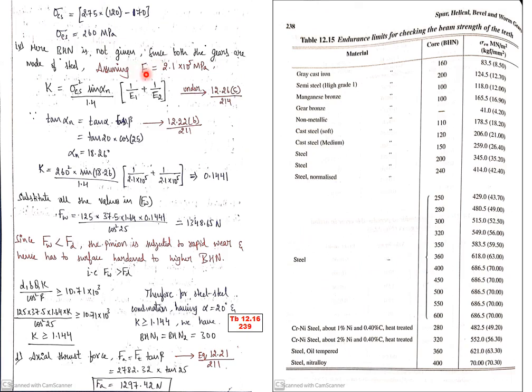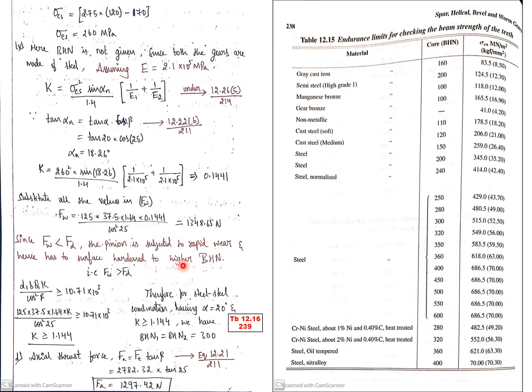Okay, and assume the value of E as this. If you substitute all the values, with the same procedure as we did for alpha L, you will get K, and if you substitute back in the limiting wear load, you will get FW. See, guys, as I told in the previous problem, your wear load is less than the dynamic tooth load. I repeat, your wear load is less than the dynamic tooth load. Hence, your pinion will be subjected to rapid wear. Your wear load must be very high compared to dynamic tooth load.